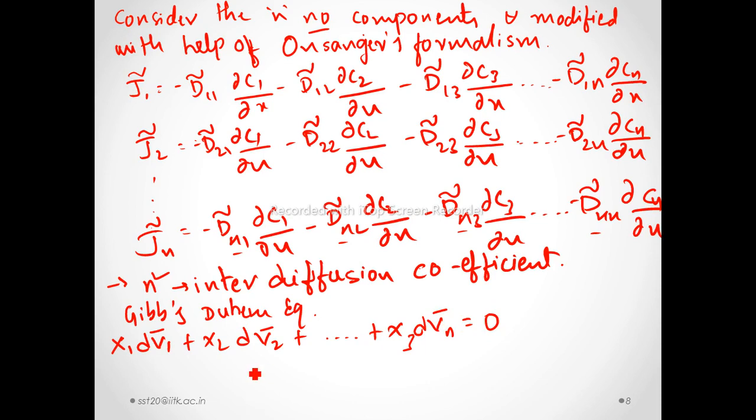When we divide with the help of molar volume, then we can write it as